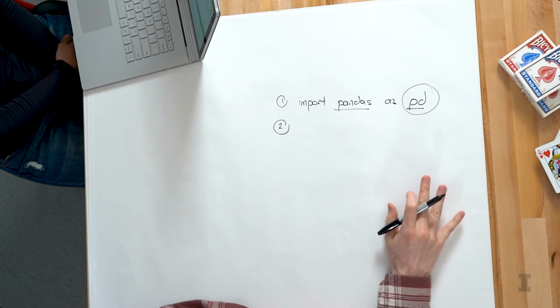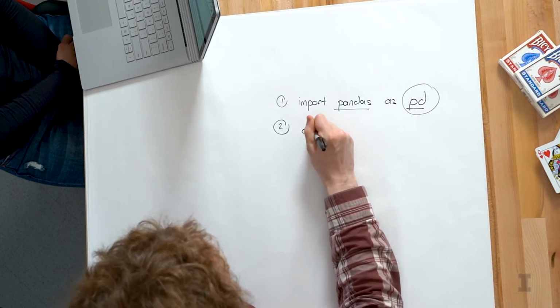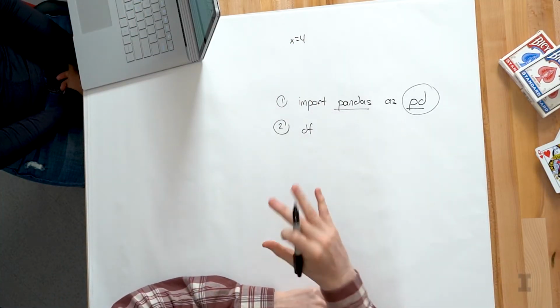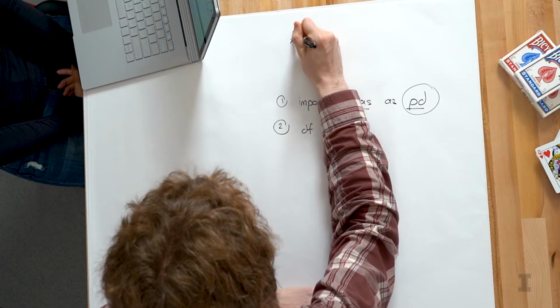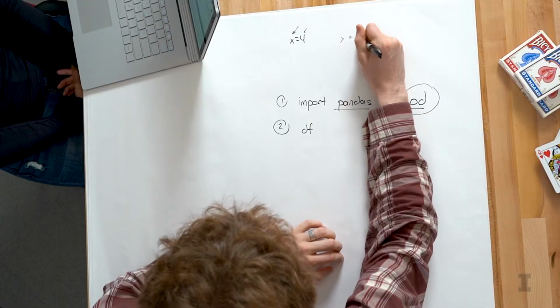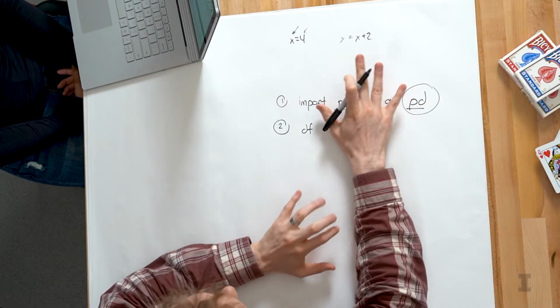To import the data set, we're going to call this data set a data frame. And a data frame is an object that the Python programming language is going to create that's going to contain all of the data that we read in from a CSV. So if you think back to basic algebra, you can think of something like x equals 4. And when you have x equals 4, you're assigning this variable x with the value 4. And we're doing the exact same thing in Python. But unlike algebra, where you might then have to solve x equals x plus 2 or something, we're not going to have to ever solve anything because the computer is going to do all the hard work for us. We like that. Yes.